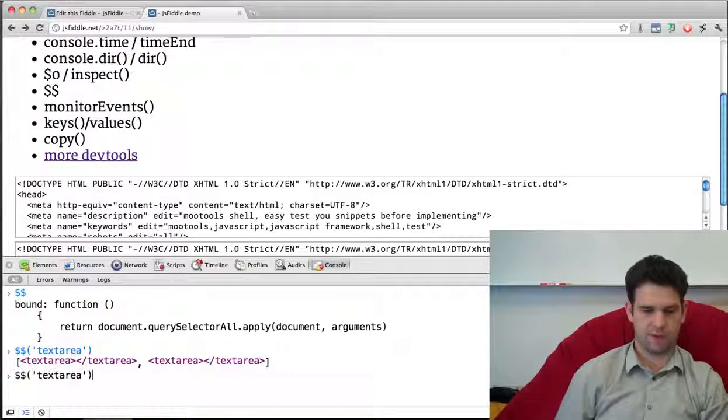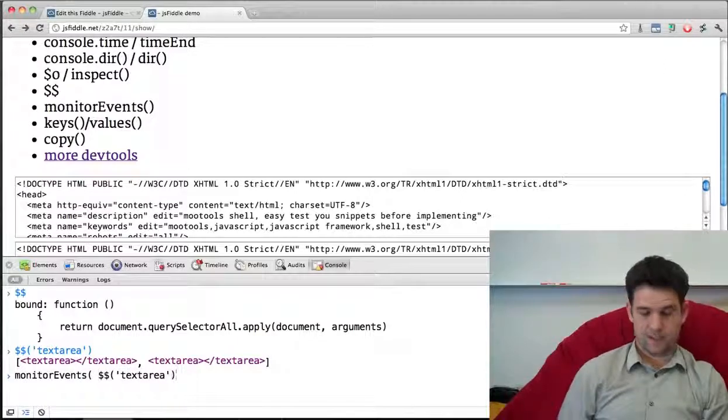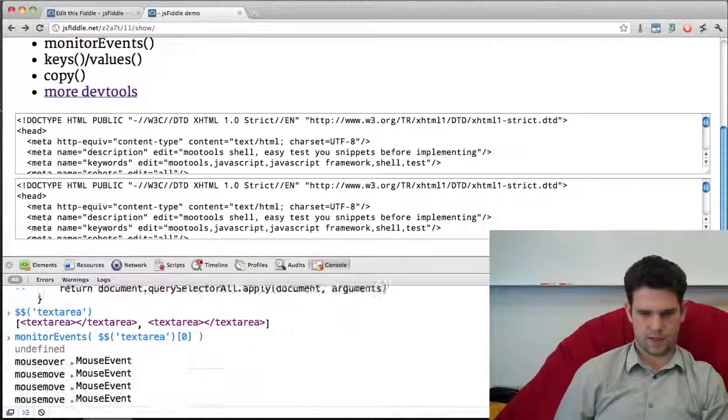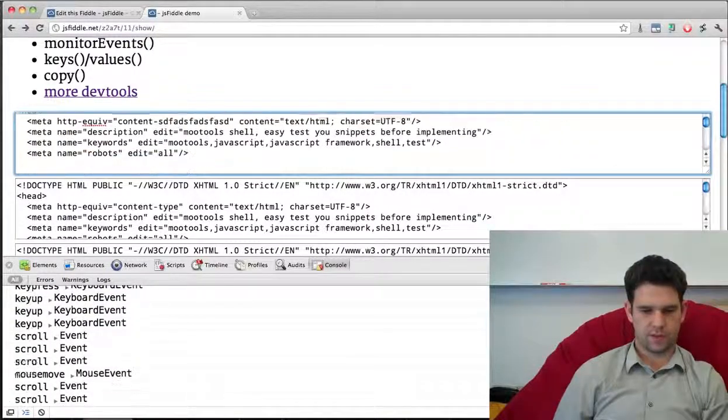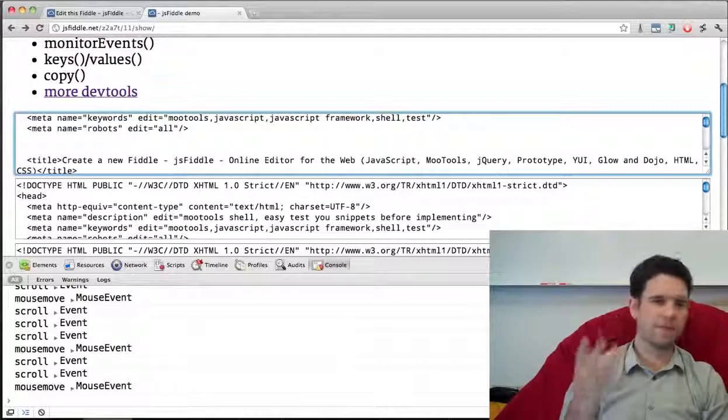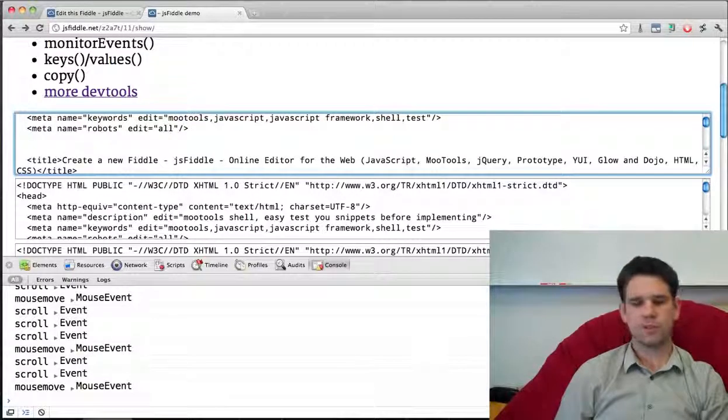I'm going to show monitor events to you, and it does what it says on the tin. I'm going to pass it one of these text areas. And there we go. Now it's this text area here. Okay, cool. So all the mouse events, you see mouse move, click, keyboard events, scroll events. I get to see all the events that are firing on this object, which gives you a lot of insight